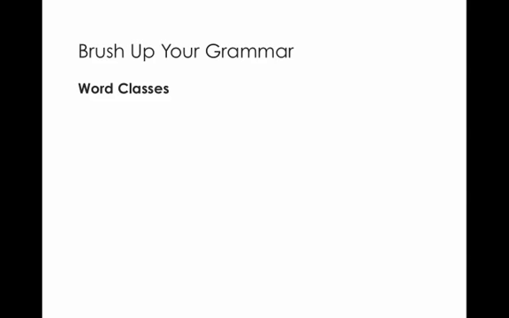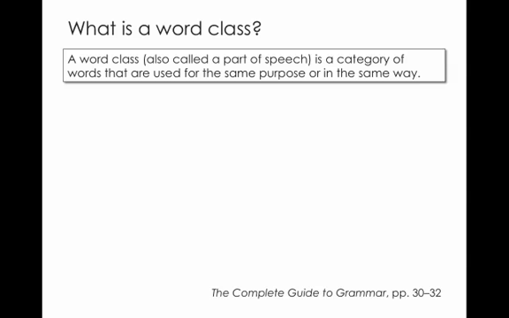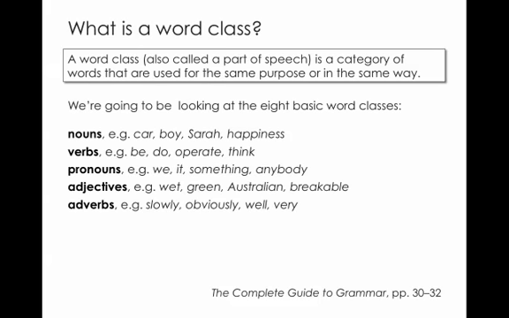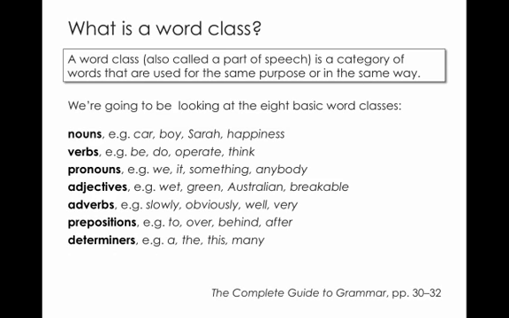Okay, we're going to be looking at word classes, and the grammar book says that a word class is a category of words that are used for the same purpose or in the same way. And we're going to be looking at the 8 basic word classes, which are nouns, verbs, pronouns, adjectives, adverbs, prepositions,